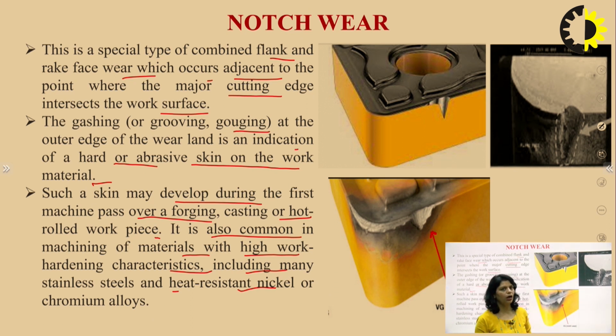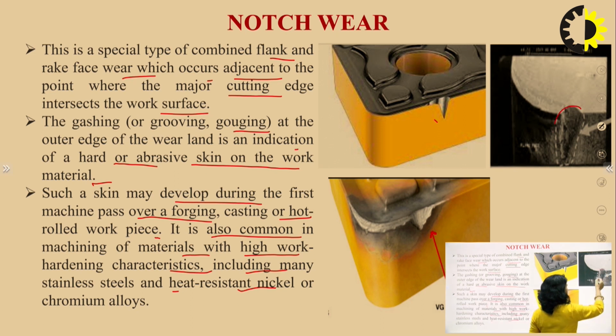के chances high होंगे. Okay, so in this diagram we can see the notch formation like this. तो यहाँ पे ये crater wear का भी part है, flank का भी है और यहाँ पे V shape की notch formation हो रही है. Same you can see in this diagram में यहाँ पे notch wear form हो रहा है और यहाँ पे notch wear form हो रहा है. Clear?